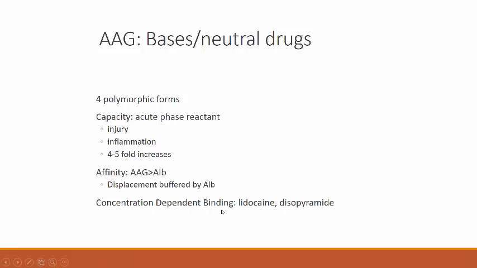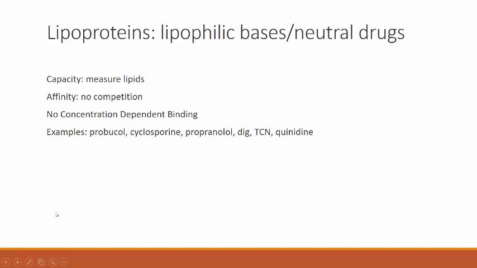There's concentration-dependent binding in the therapeutic range for both lidocaine, which is a drug used for arrhythmias systemically. It's also used locally as an anesthetic agent. But what we'll be talking about is systemic use. So you can see concentration-dependent binding with AAG for lidocaine and disopyramide, which is another anti-arrhythmic. Finally, lipoproteins. Lipoproteins is the least